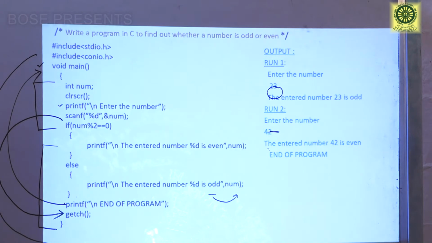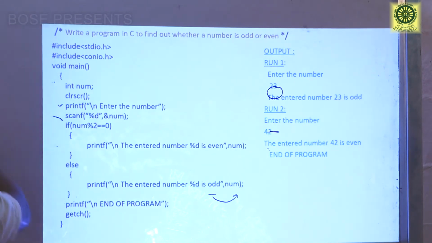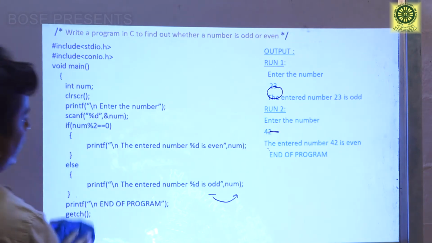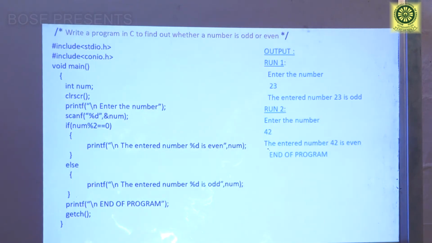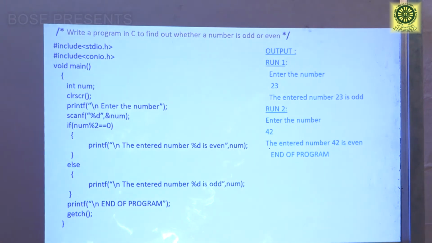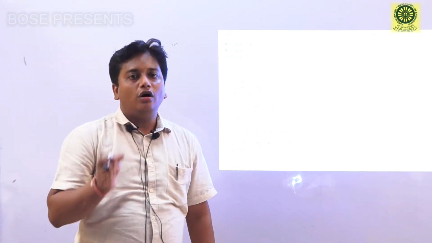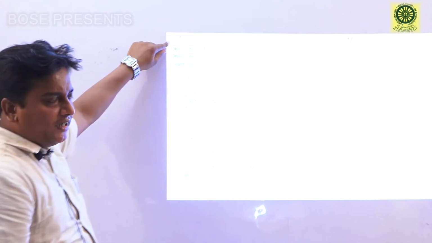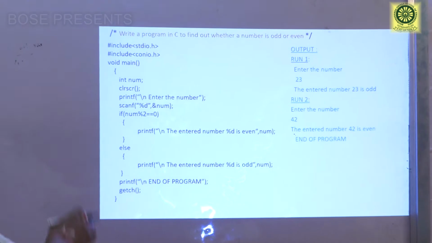Next, this is a program where we write a C program to find out whether a number is even or odd. That means through the keyboard we will take a number as input and check whether the input number is even or odd. Let's start. Same, the first line is the comment line